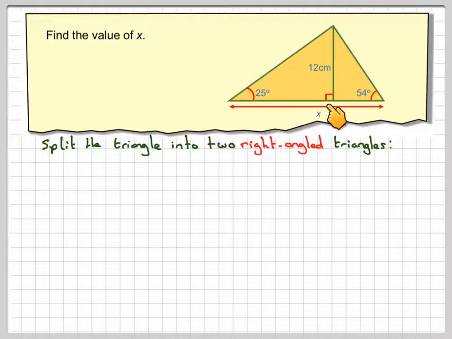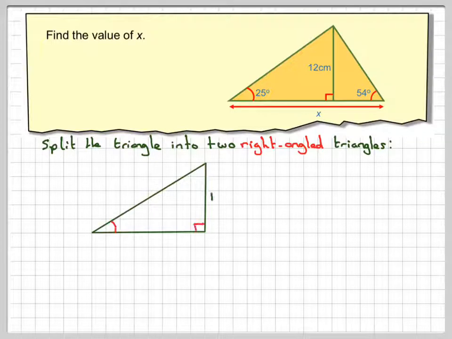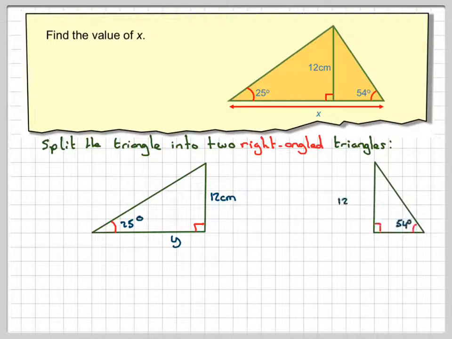So I'm going to draw this one out. And I'm going to draw this one out. Okay, I'm going to call this length here, from here to here, y. The next thing you need to do is to make sure that you label the right-angled triangle. So if this is the angle,